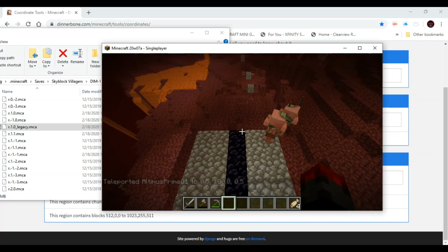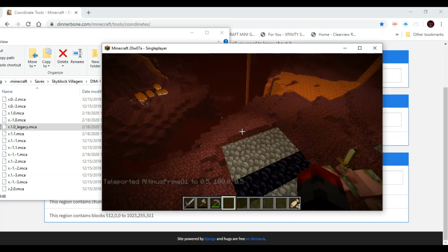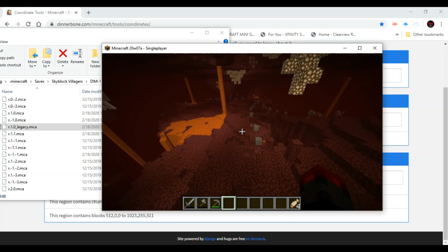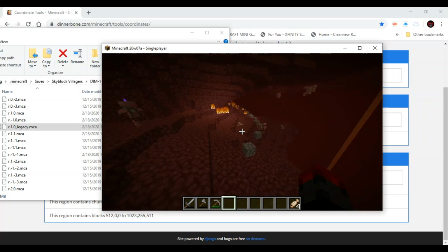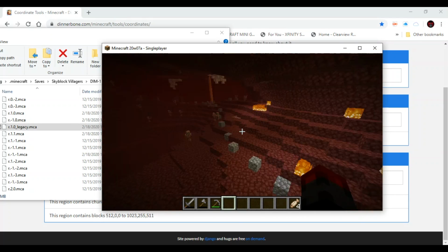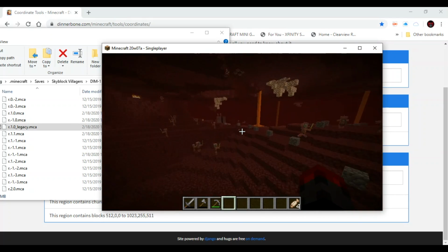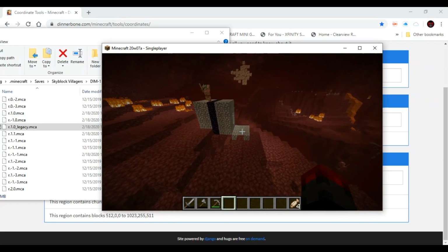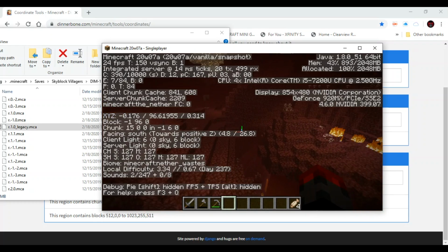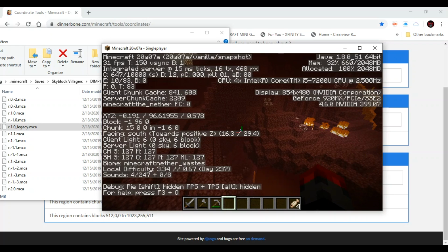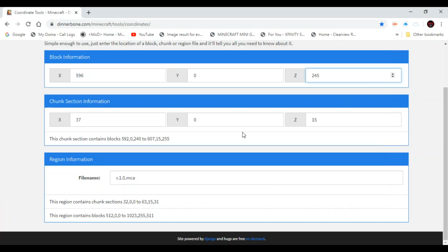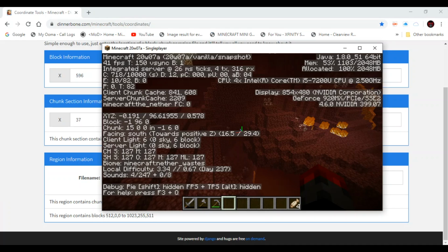And you can see, still original area, untouched. All the cobble that was going out of here before is still going out. But now we have the new areas as well at that one chord. So now if we TP back to that chord, which is 596, 245,